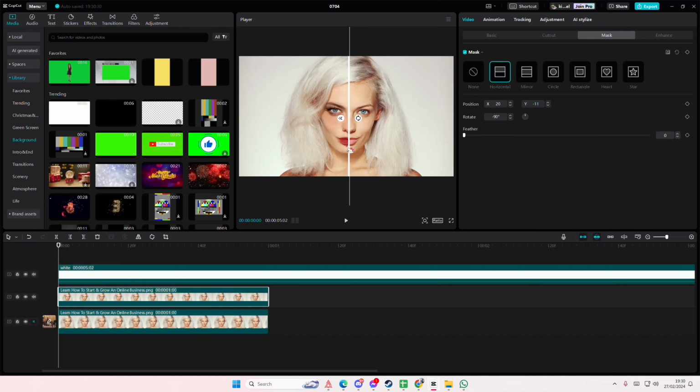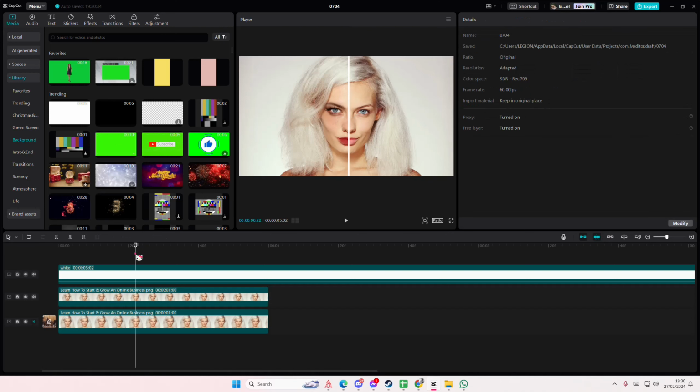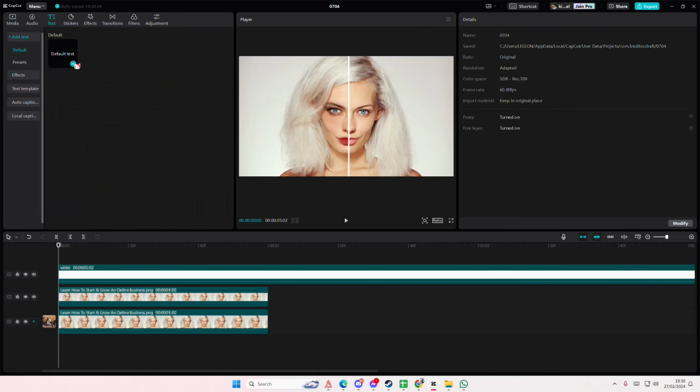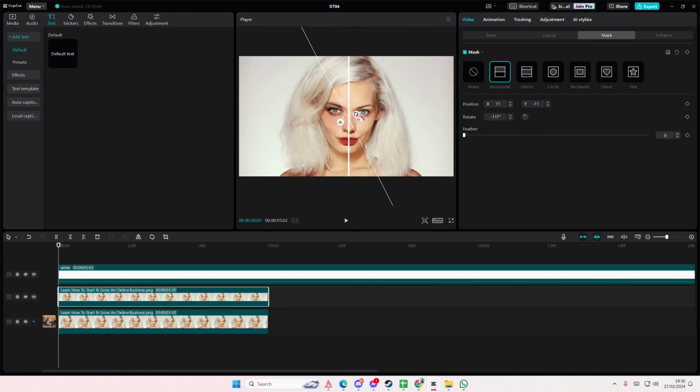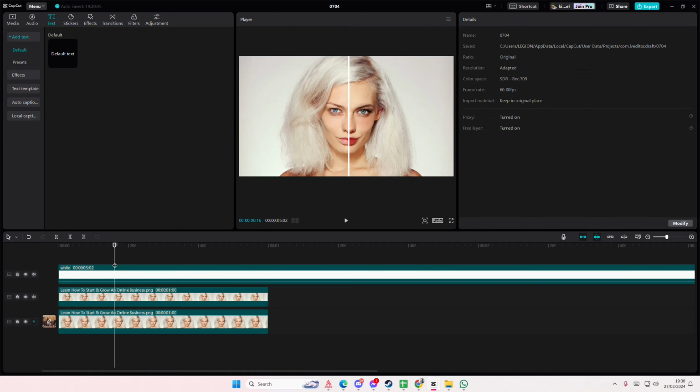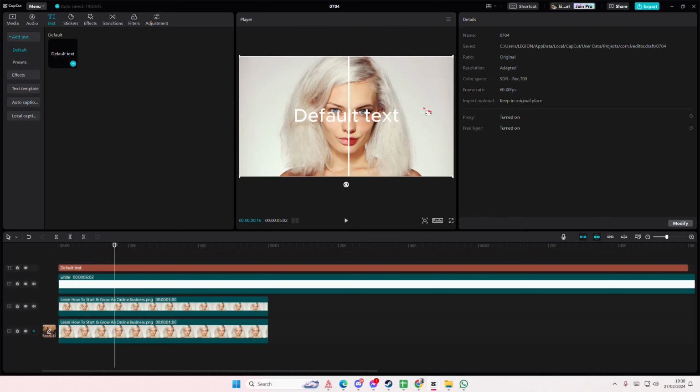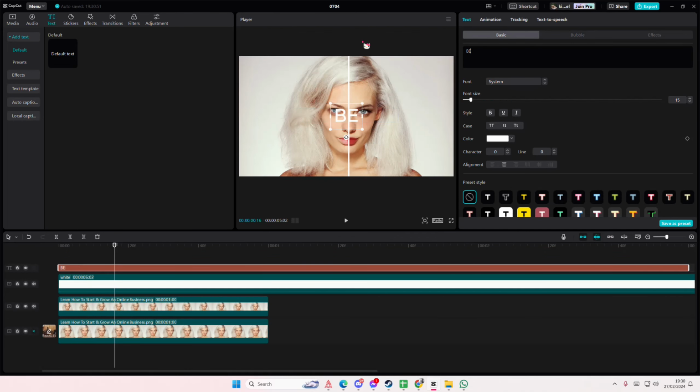I'm just going to go back here and move the mask a little bit like that. And you can see the before and after. Possibly it's better to do it the other way around, so that the after is on the right side instead of the left side. And then you're just going to type in the word before here